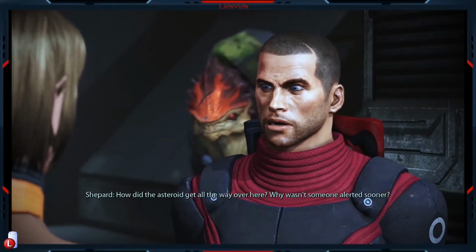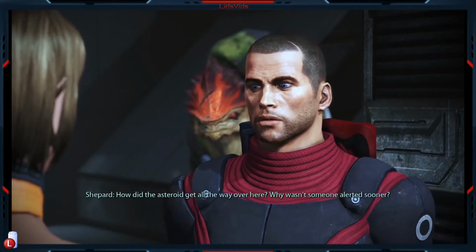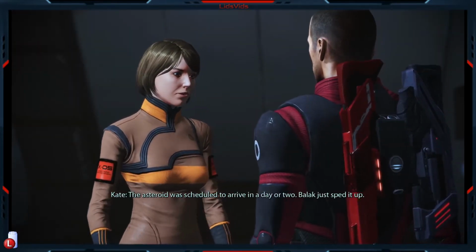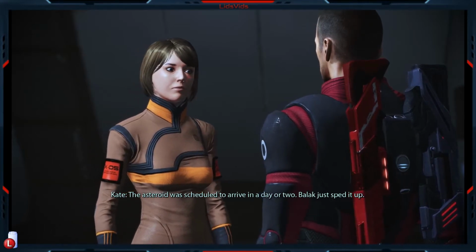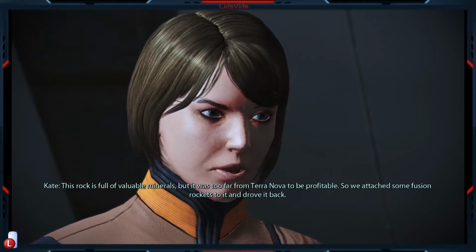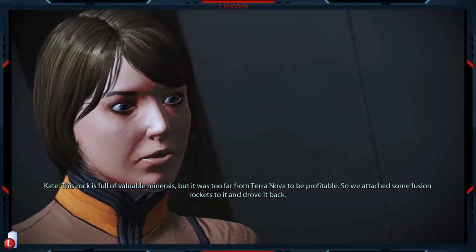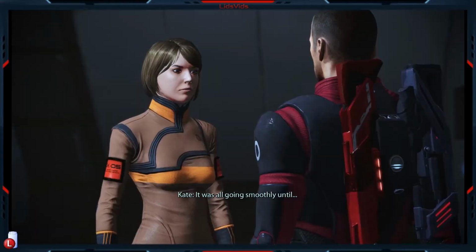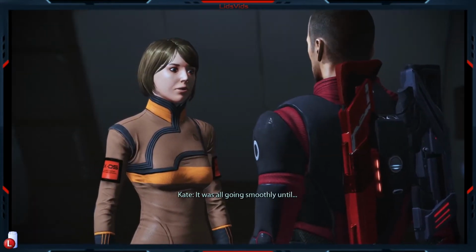What about the asteroid? How did the asteroid get all the way over here? Why wasn't someone alerted sooner? The asteroid was scheduled to arrive in a day or two. Balak just sped it up. This rock is full of valuable minerals, but it was too far from Terra Nova to be profitable, so we attached some fusion rockets to it and drove it back. It was all going smoothly until...